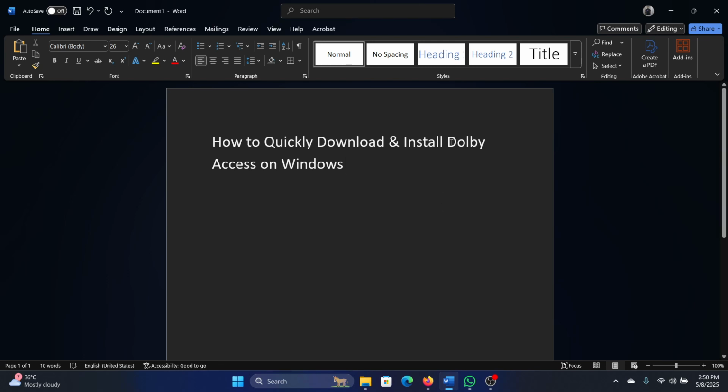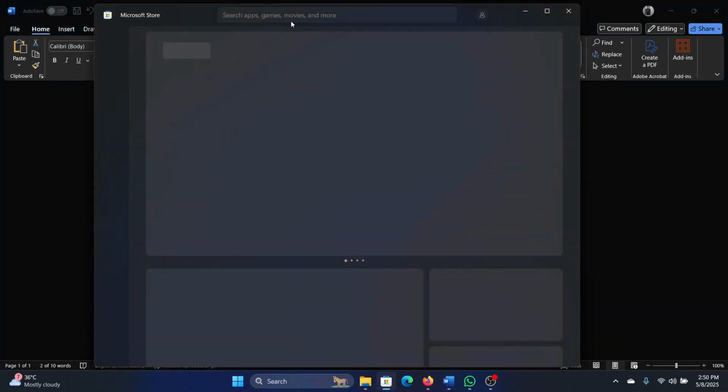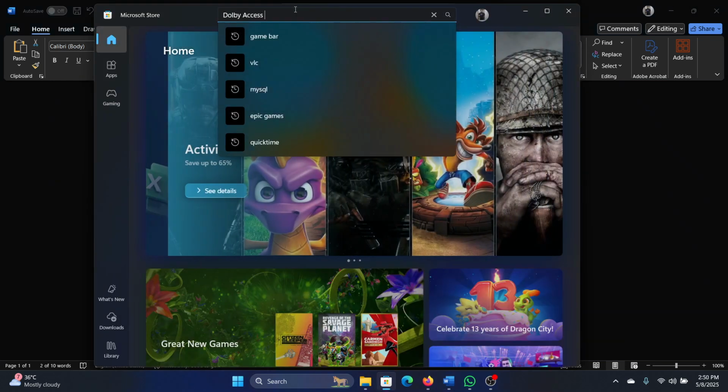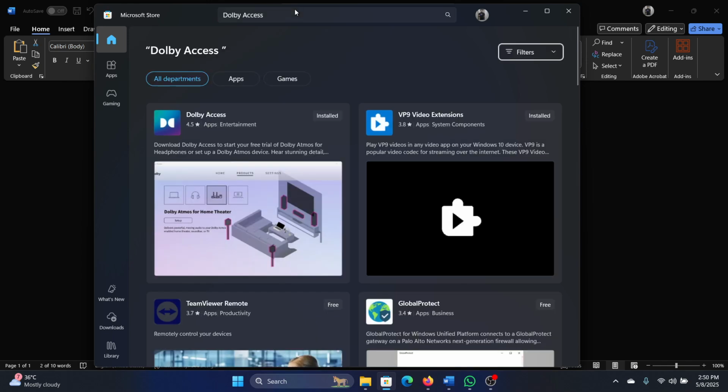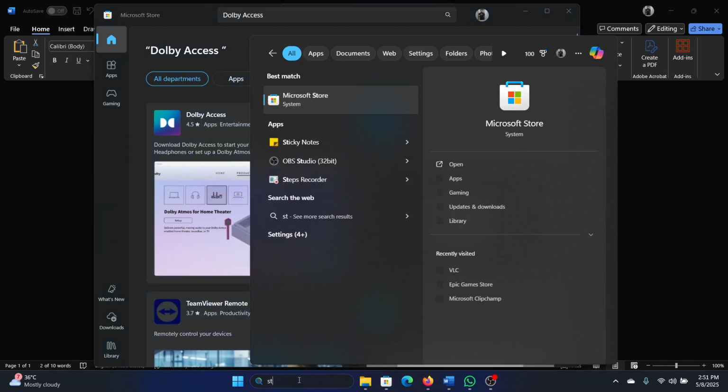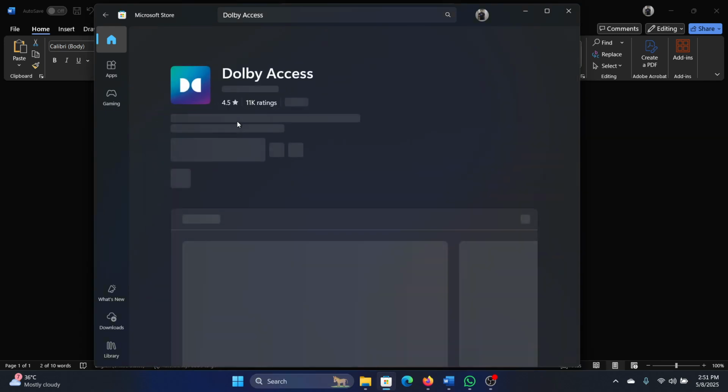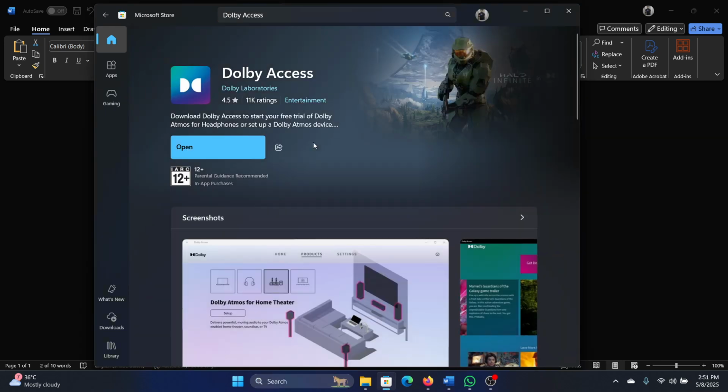Search for this Dolby Access in the Microsoft Store, okay? You can search for it here and hit enter. Also, you can search for store in the Windows search bar and open it from here if you don't find it otherwise. Click on Dolby Access, and then mostly it is already downloaded on your system, so you can open